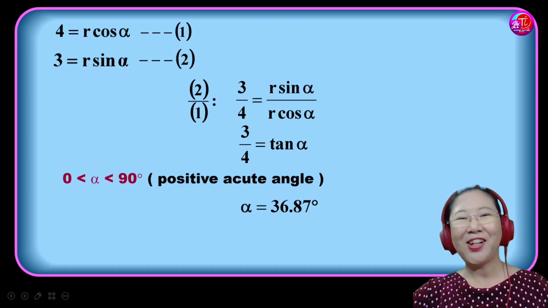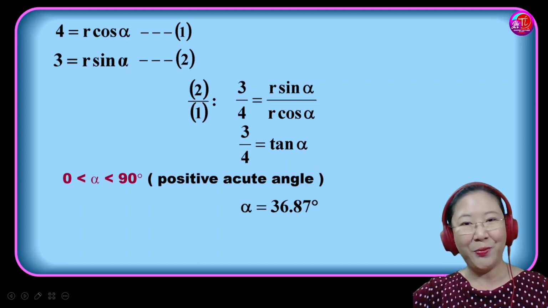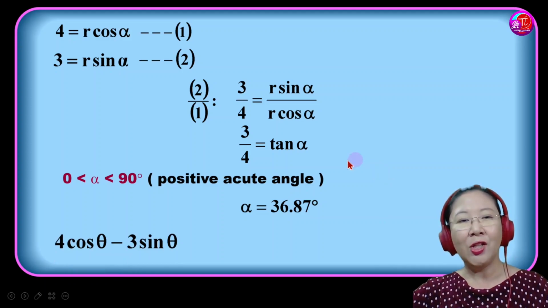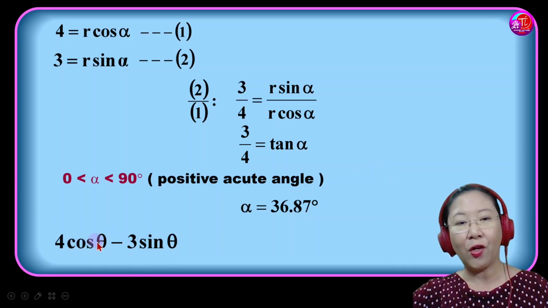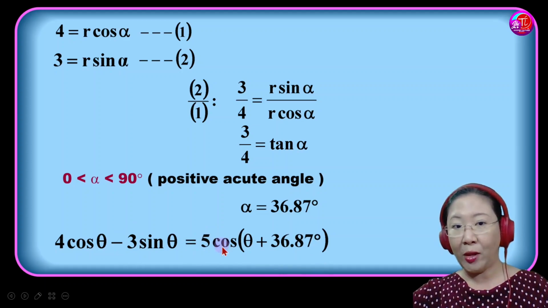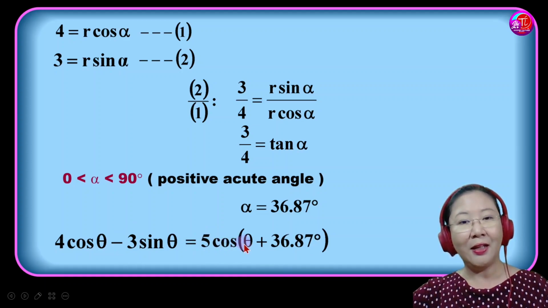Now that we already got the alpha, the next thing will be the equation itself. So we transform this into the equation. This is our question just now, 4 cos theta minus 3 sin theta. We will transform it into the R formula, the 5 cos, the one they gave in the question, and then theta plus